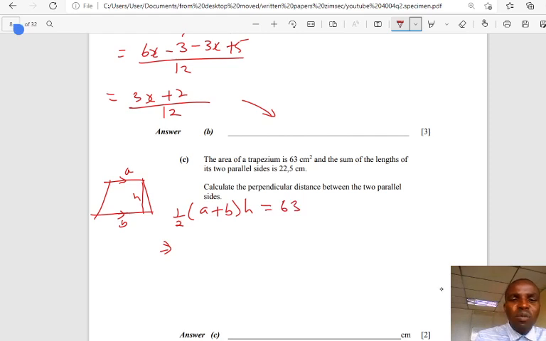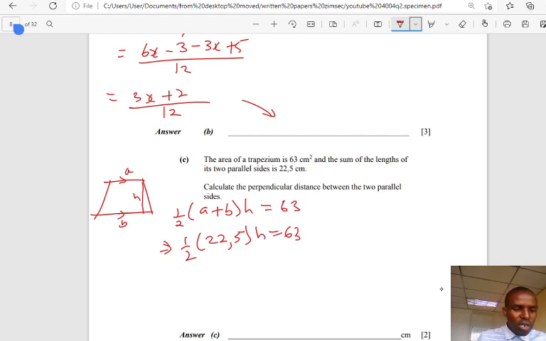And we are given the sum of the two parallel sides is 22.5. So it will be half times 22.5, which means A plus B is 22.5, then times height H is equal to 63. So we want to find the height, the distance between the two parallel sides. That defines the height. So in this case, it will be 22.5